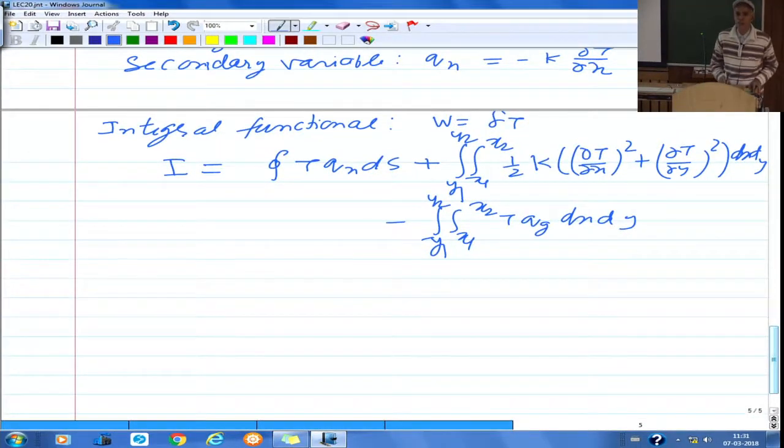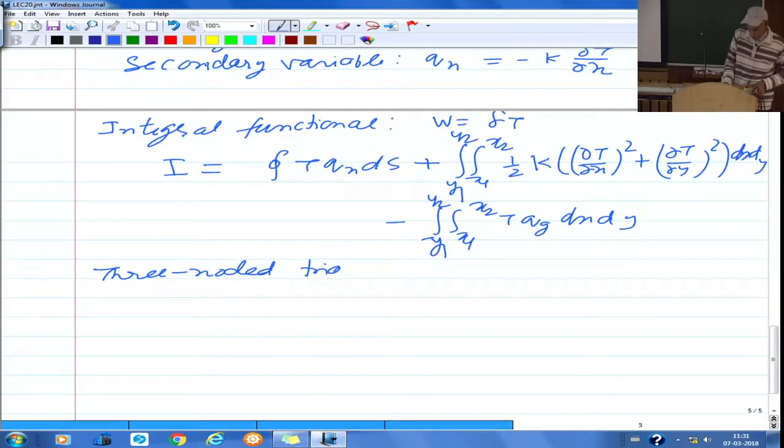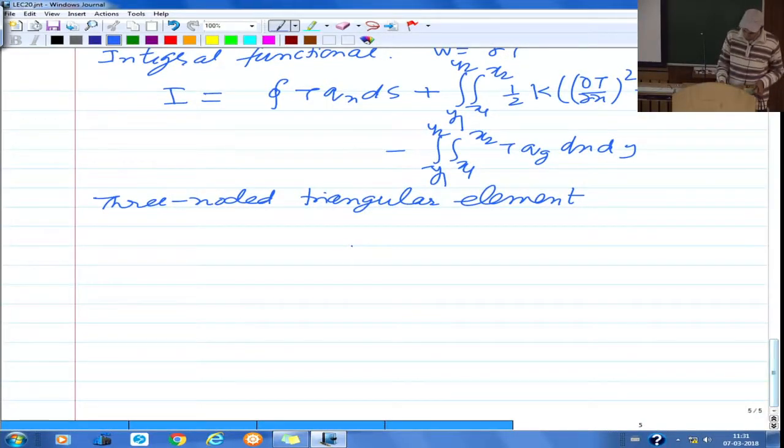So once we have this, we can think of formulating a finite element. For this 2D problem, we first have to choose the shape. So let us talk of a 3-noded triangular element formulated in physical coordinate space. Let me take an example of a 3-noded triangular element. What I am going to do is first develop the shape functions and then the element level governing equations. So let us say that now we have this triangle with edges arbitrarily oriented with respect to x